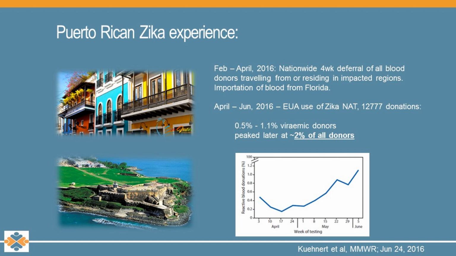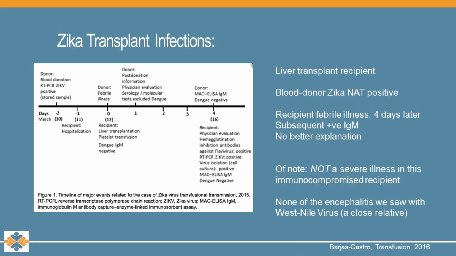And I think the other reason I'm reassured is that at the end of the day, when we've looked at blood samples from Puerto Rican blood donors coming in through the peak of their season last year, up to 2% of people donating blood, who therefore presumably were well at the time, were actually PCR positive for Zika. So they were infected at that point. And so if you think of 2% of people at any one time being infected, there's a fair chance that there's a very large number of pregnant women in Puerto Rico who have delivered Zika-impaired babies at this point. And I hope I'm wrong, in the sense that there might be a wave of children with late-onset neurologic issues coming out of Puerto Rico, but that remains to be seen.